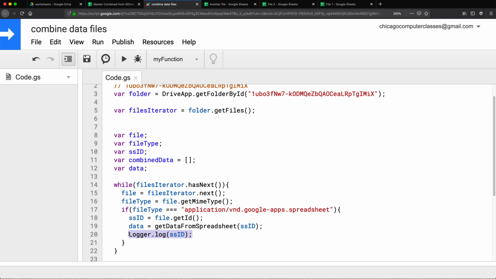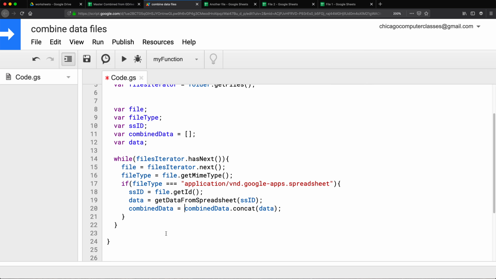And we can do that by simply using concat method on this combined data. And we're gonna concatenate that data array to our array. And what I'm gonna do, because this returns a new array, we'll just have to say this equals to this